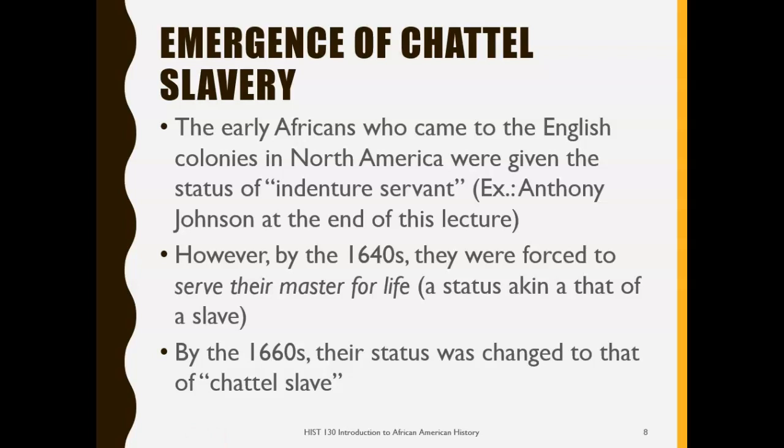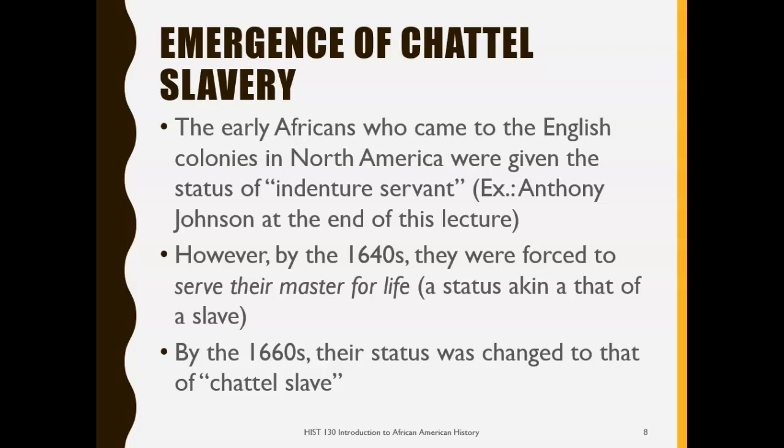So the early Africans who came most likely were given the status of indentured servant, and we will talk about one of them, Anthony Johnson, at the end of this lecture, which shows clearly that Anthony Johnson was not a slave, but he was treated as an indentured servant. However, by 1640,